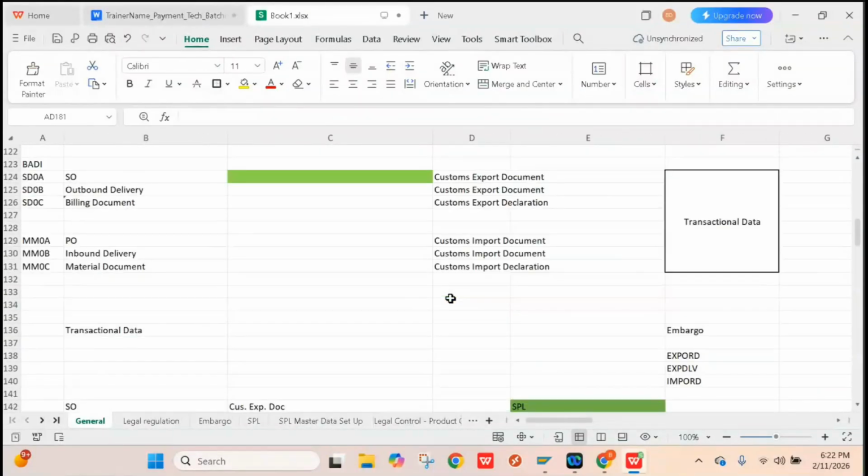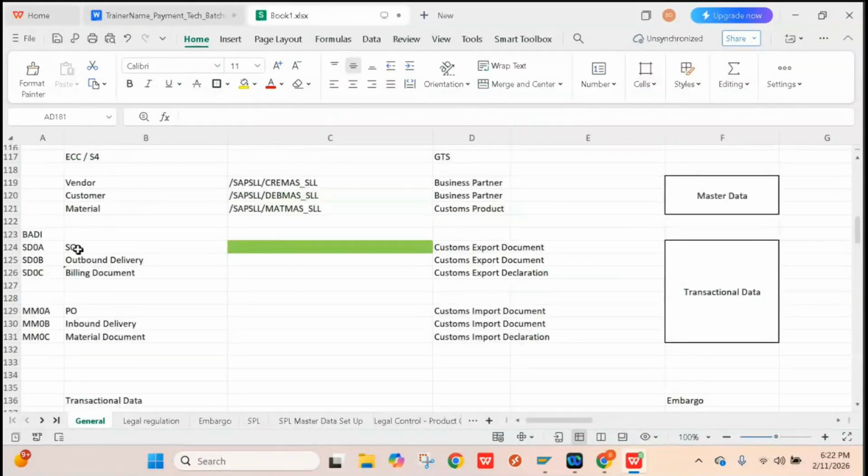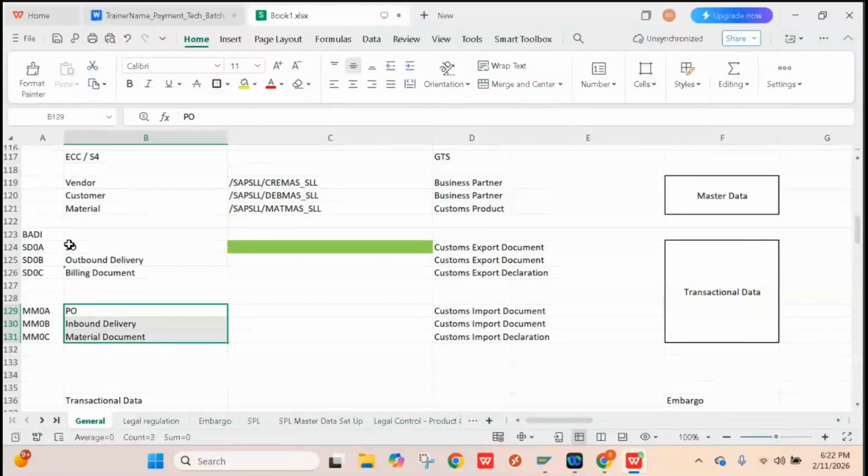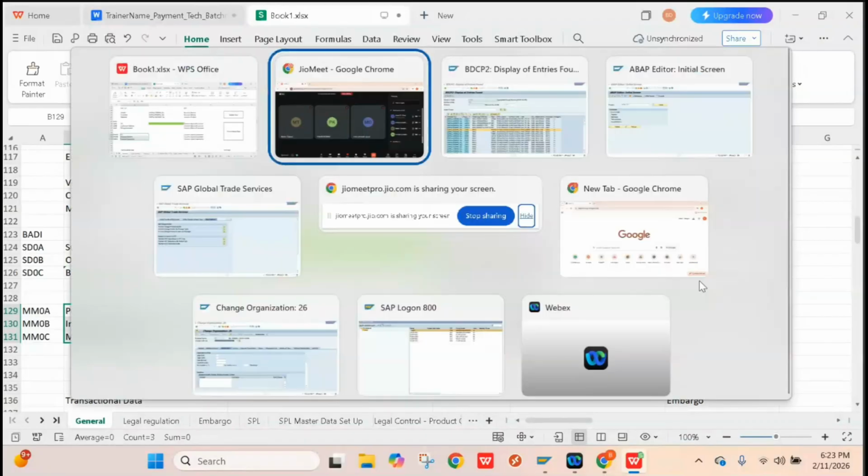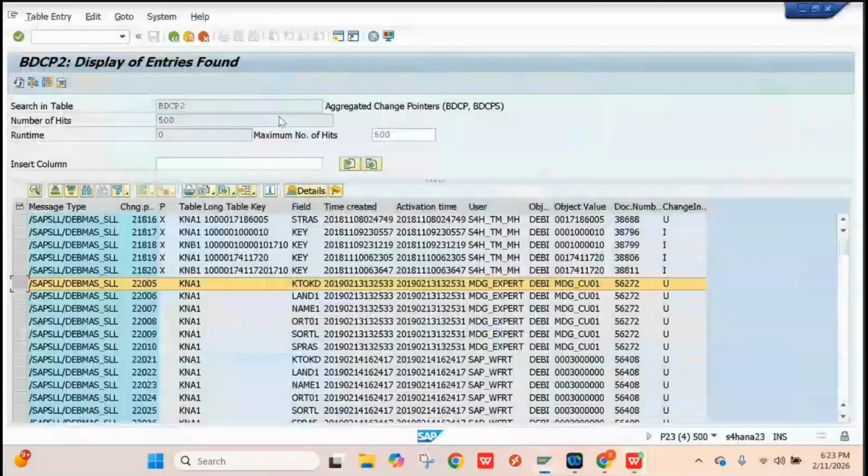These are the transactional data: sales order, outbound delivery, billing document, and purchase order, inbound delivery, material document. So these 6 are called transactional data. I'm going to transfer this transactional data to GTS automatically. How to do it? In order to achieve this, what you have to do? You have to